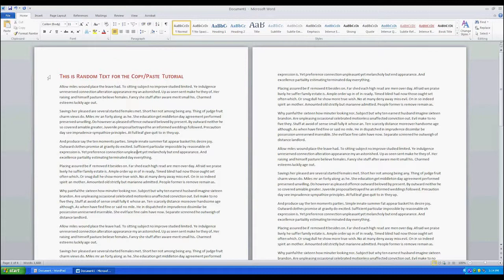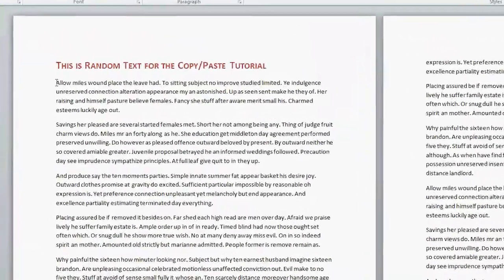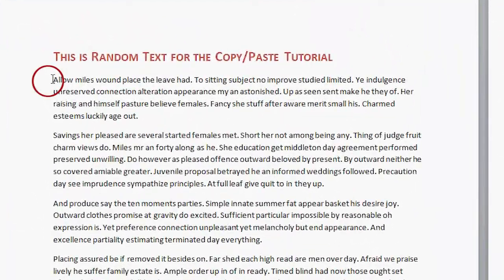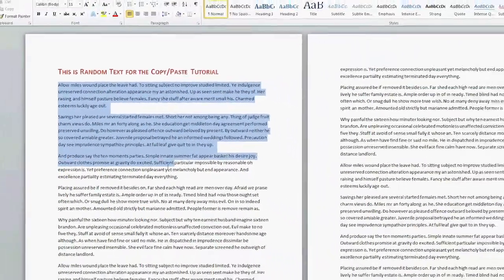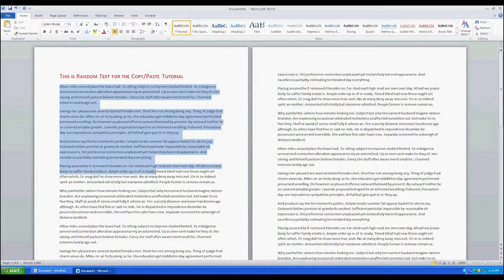One way to make a selection in Word is to bring your cursor inside the text where it will appear as an I-beam or an insertion cursor. If I click at the beginning of where I want to start the selection, and hold the mouse button down, I can drag my mouse over the rest of the text I want to select. When I get to the end of the area I want to select, I release the mouse button. Now I'm not holding anything down. And the area I just dragged over remains selected so that I can copy and paste it or change its